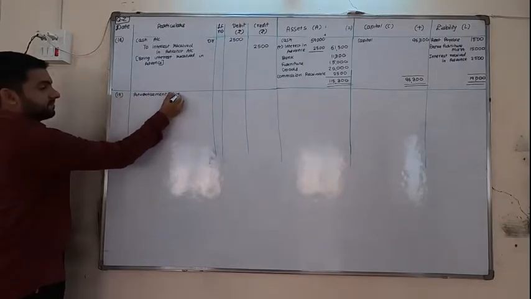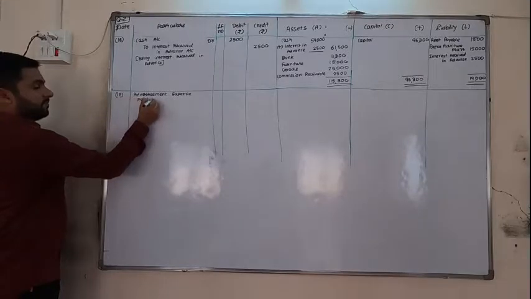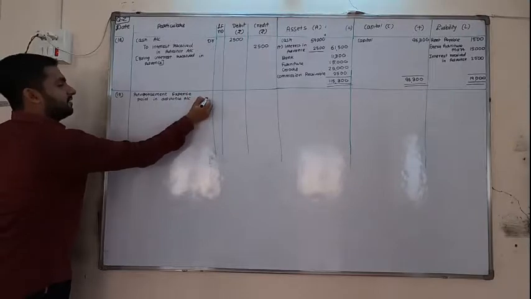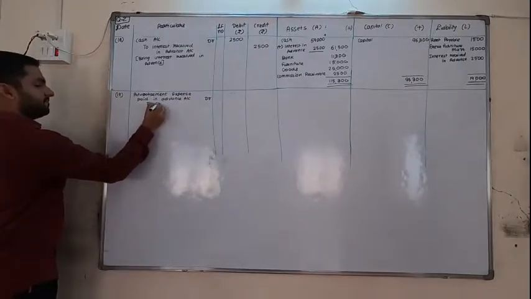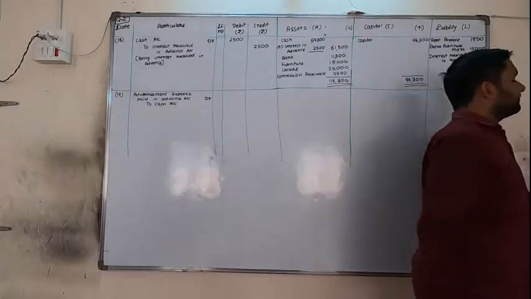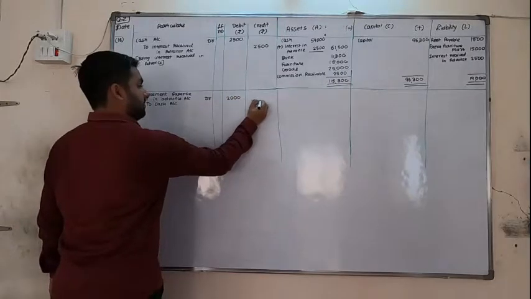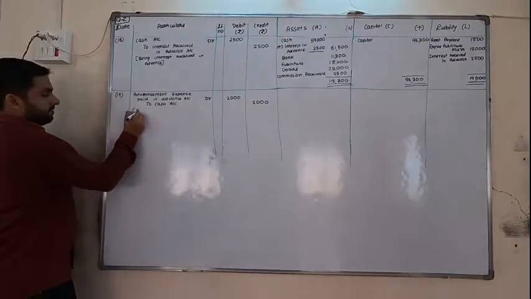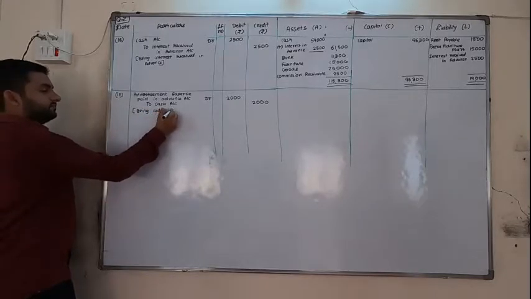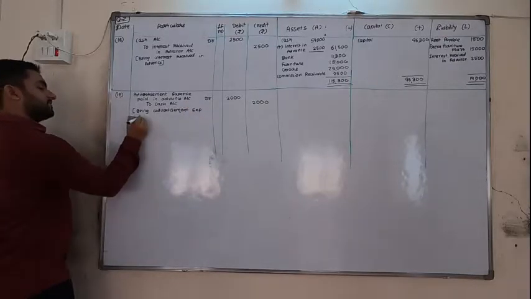Advertisement expense paid in advance account debit to cash account. 2,000. Yes. B. Advertisement expense